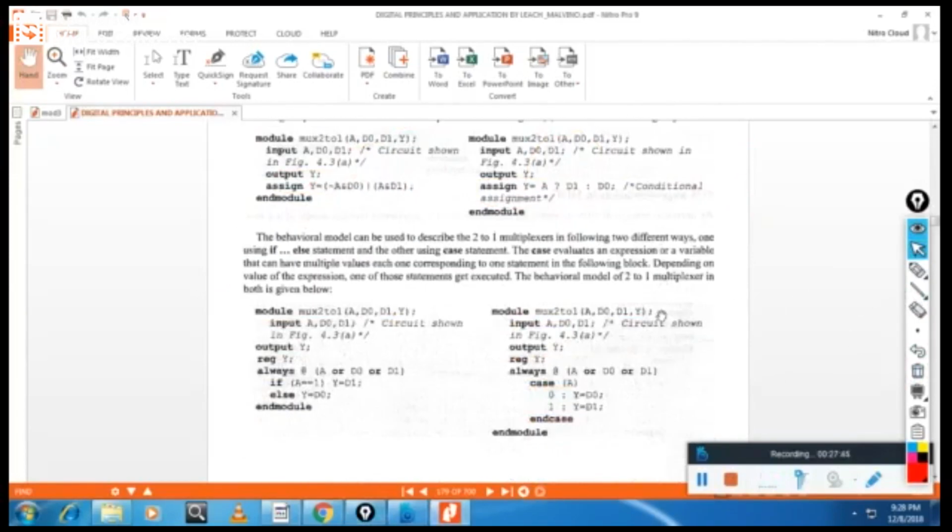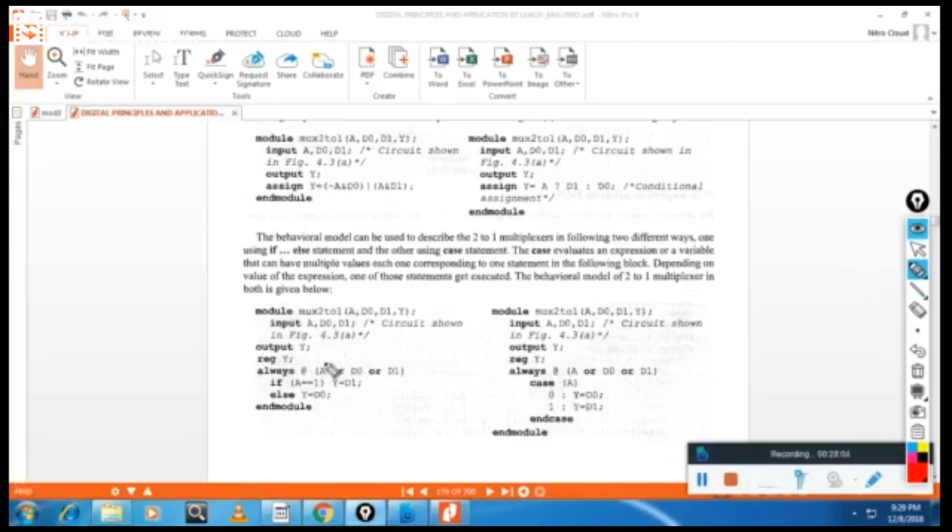So now, next. You can implement this one by using if and else statements also. In the exam, they can ask you to implement by using an assign statement, case statement, if else statement. You should know how to implement. See here, same question, 2:1 multiplexer.